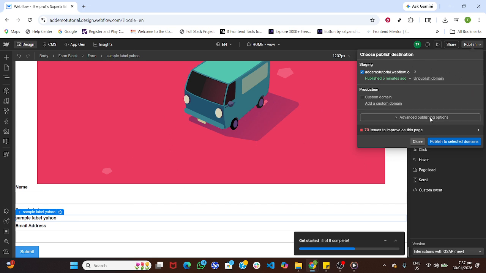That's it. You've added a label block, placed it correctly in a form, refined its settings, styled it for